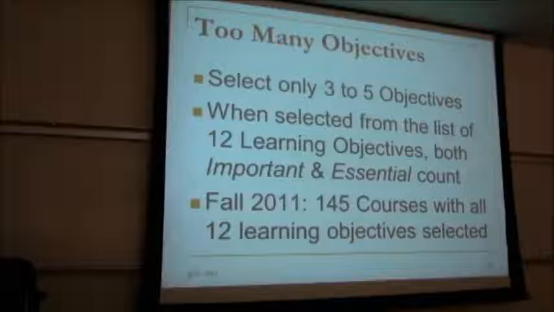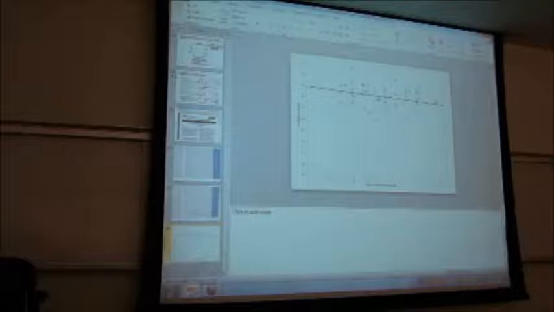If you pick 1 objective, probably your department head or college dean should talk to you about whether that is really the only thing that you do in the class. But 3 to 5, why is that important? Let me jump to a couple of things that I printed out just for this presentation. Here's a plot of